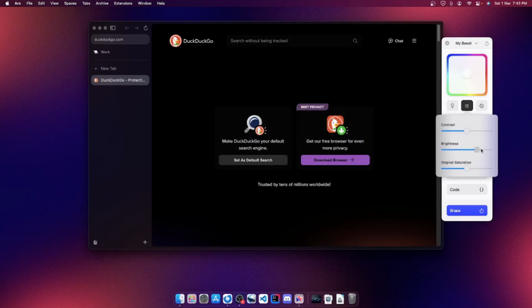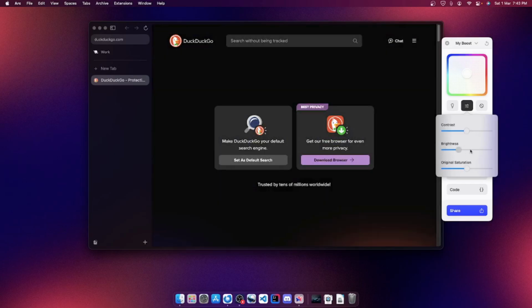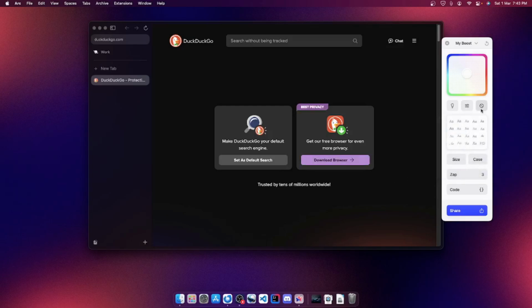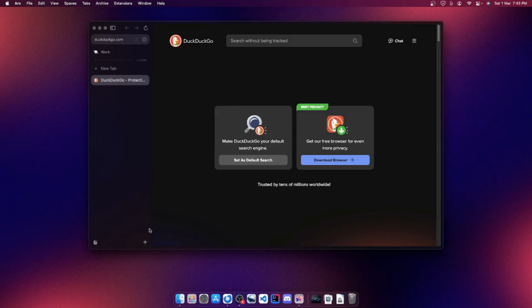Yeah, if you see, the brightness is changing a lot. And the saturation, you can make it more saturated or less. Yeah, it's really good. And then you also have this reset to original colors. Let's say maybe you don't like the boost, you can reset. So this is the boost feature.